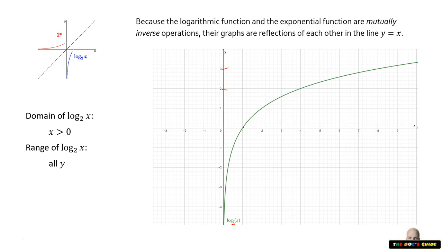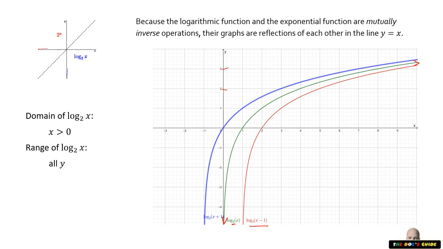So this curve runs on to negative infinity, and if we go far enough out here it goes up to positive infinity. We also need to think about transforming it. So if we had a curve f of x, and we took f of x minus 1, so in this case log base 2 of x minus 1, we know that shifts the whole curve to the right by one place. Likewise, f of x plus 1, so log base 2 of x plus 1 shifts the curve to the